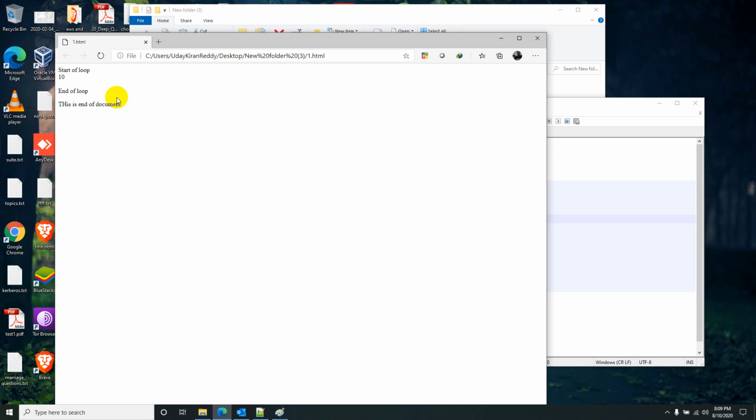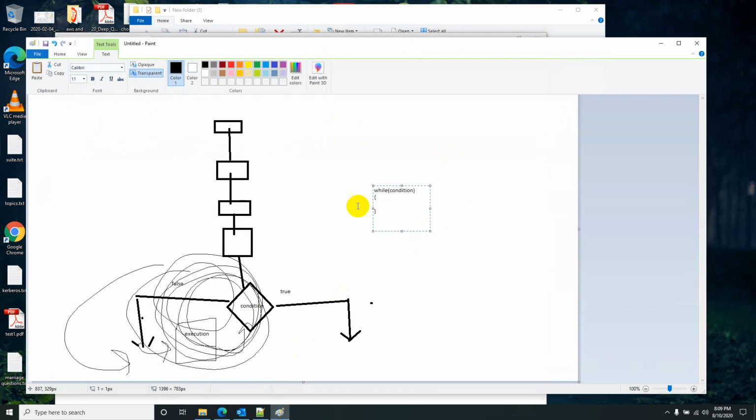So like the while loop and the do while loop, we have the for loop, like we have in the C language. Here the syntax will be like this: for, and it has three parts, unlike the while loop.